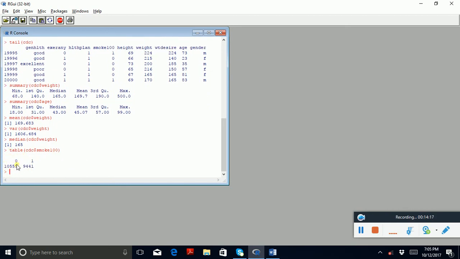So 0 means did not smoke, so 10,559 people did not smoke. 1 means 9,441 people smoked. 1 indicates smoking, 0 indicates not smoking. Okay, so you can also find a table for